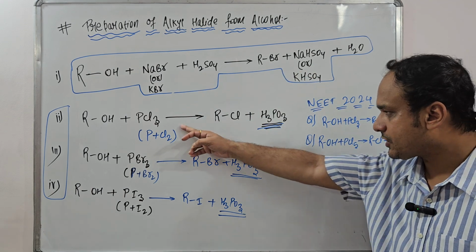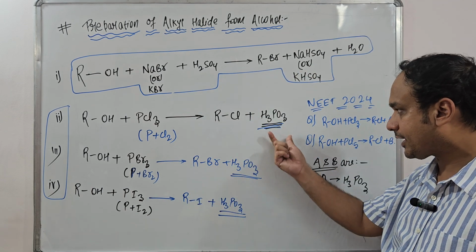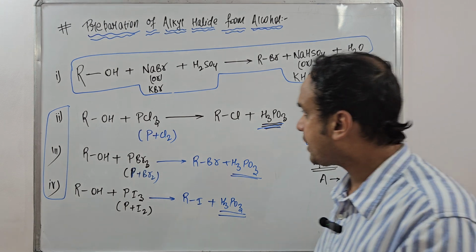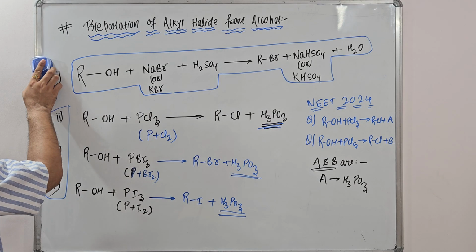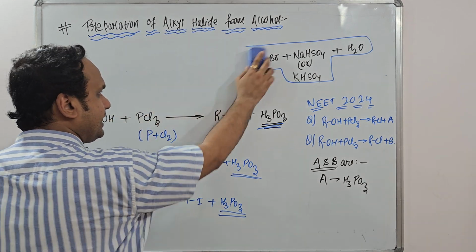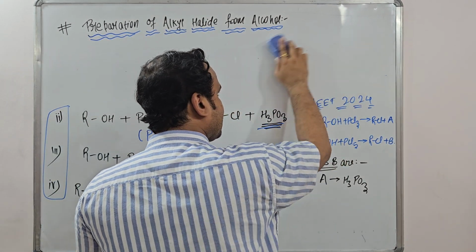In this reagent, you have to learn, and especially the byproduct is H3PO3, because NEET has asked this question over here. Now we will come to the next reaction. Can I erase the first one written? And take the screenshot. If you don't want to write it, take the screenshot and make the notes after